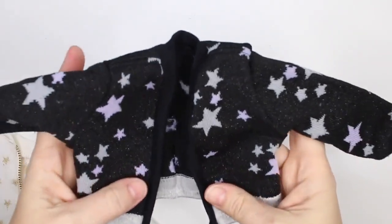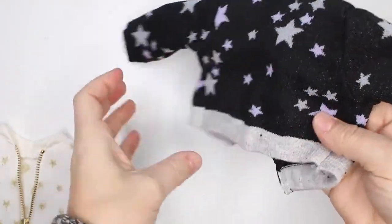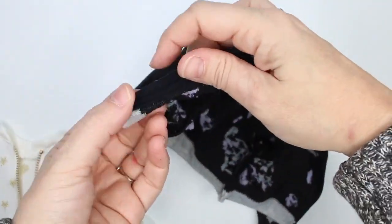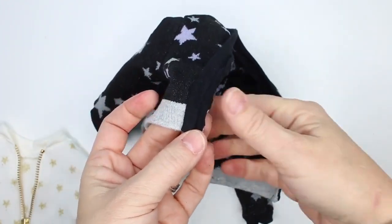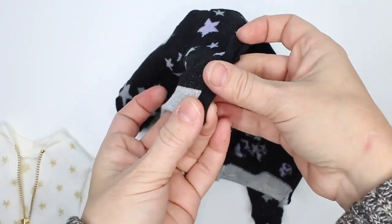All right, so here we have this one all the way sewn. The side seams are sewn, and we have the gray ribbing around the bottom. Then we're left with finishing this off. So I am going to take my seam allowance. It's extending in towards center front, and I'm going to fold this binding on top of it, and we'll top